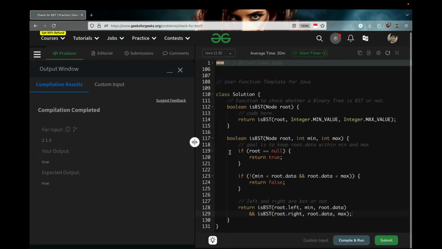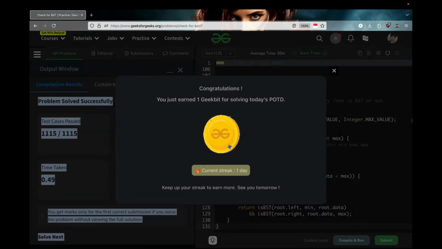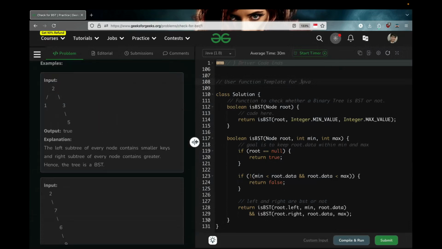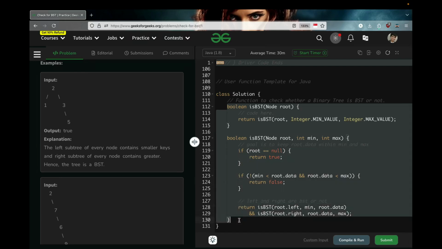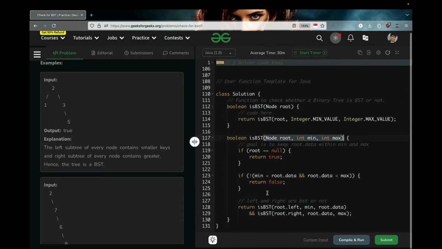So it says true for the initial test cases, that means our code compiles well. Let's check it for the rest of the test cases as well. Well, it seems that our code has passed for the rest of the test cases as well. So this was all about it. It has worked within O of n time complexity and O of height of the tree space complexity. On an average, you can say in terms of O of log n space complexity, because it uses a recursive stack,